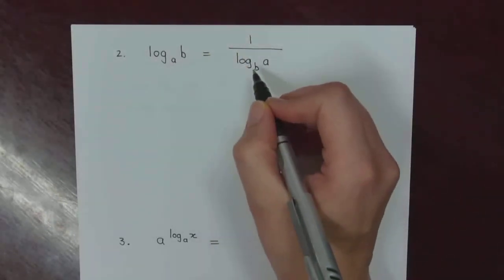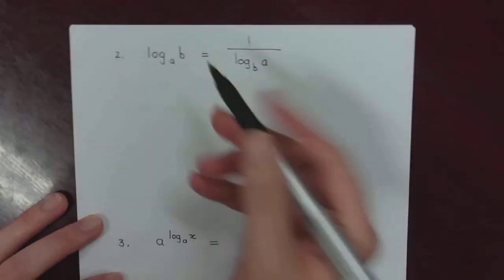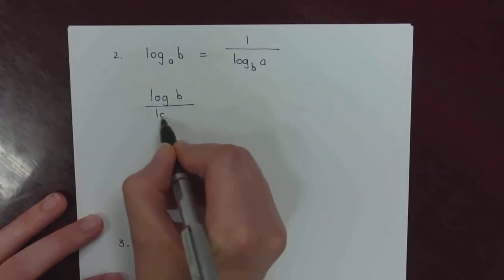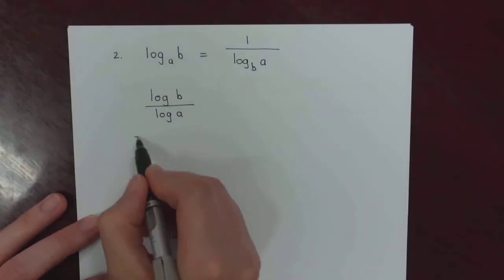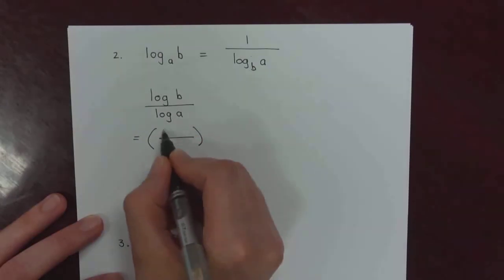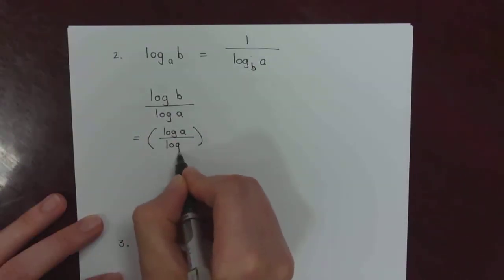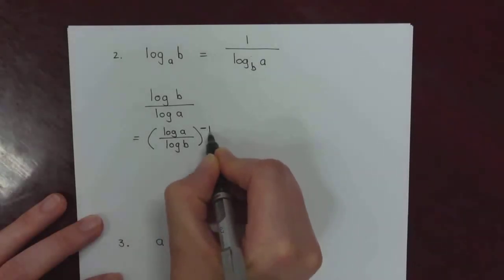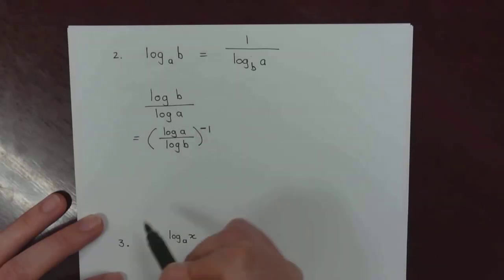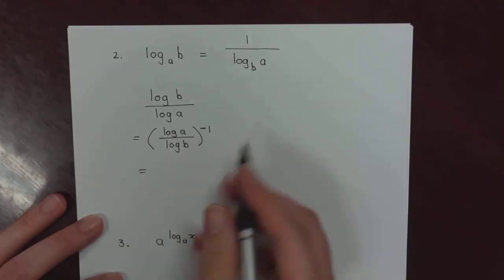Now again, in order to understand this, it's really not that difficult. If I take that log base a of b and break it up into log b over log a, then I can swap these two around. I can make this the numerator and this the denominator, as long as I make it to the power of negative 1. Because you should understand what to the power of negative 1 means. Whoops, it's on the wrong side, it should be back to that. Now, if I use that change of base law and put this back together again,